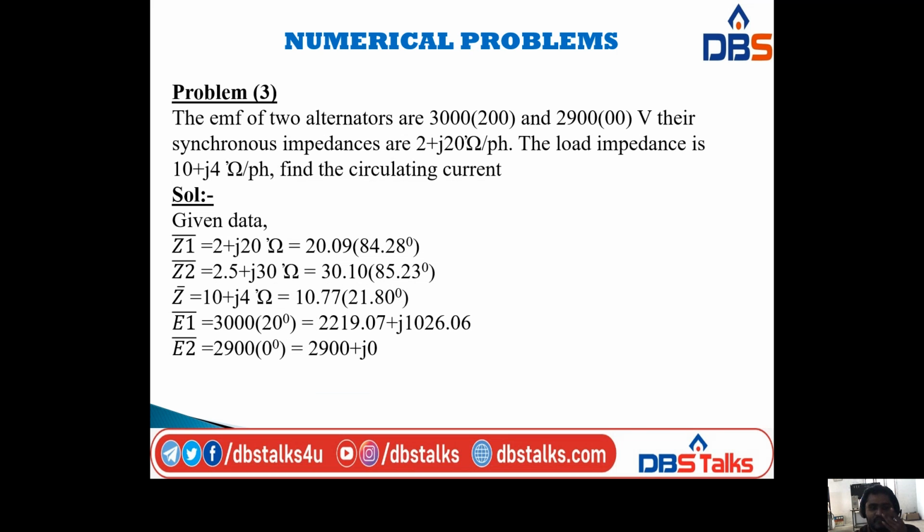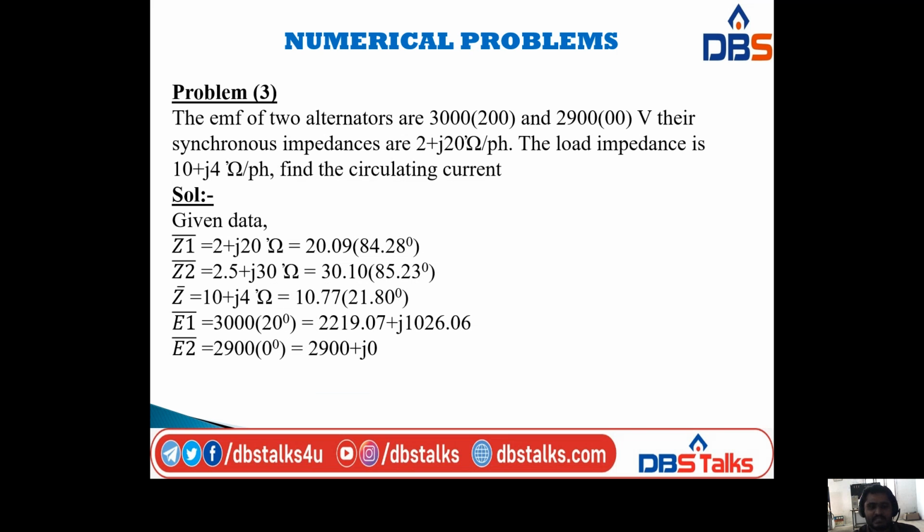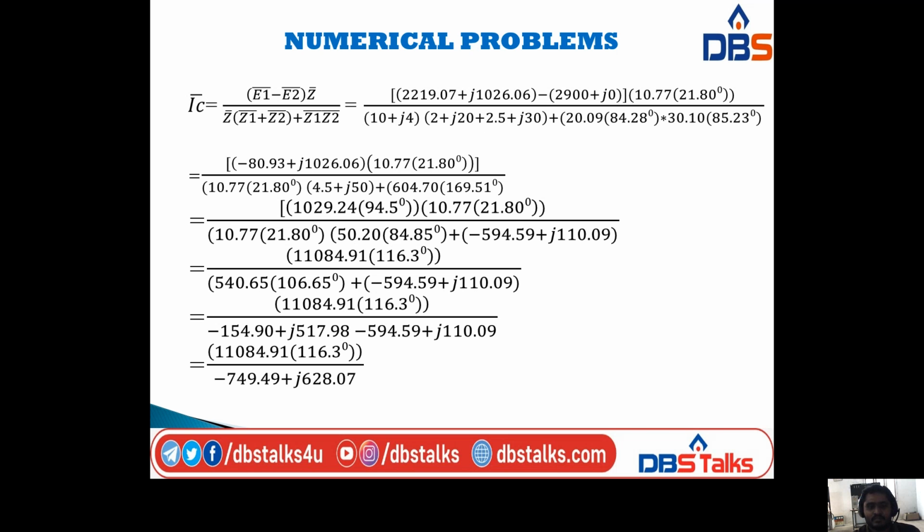After converting to polar form we have these values: plus Z1 bar into Z2 bar, that is 20.09 at an angle of 84.28 into 30.10 at an angle of 84.23. Z bar is 10.77 at an angle of 21.80 into (4.5 plus J50), since 2 plus 2.5 is 4.5 and J20 plus J30 is J50, plus